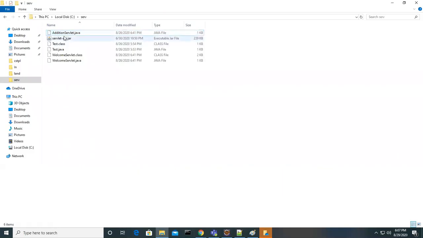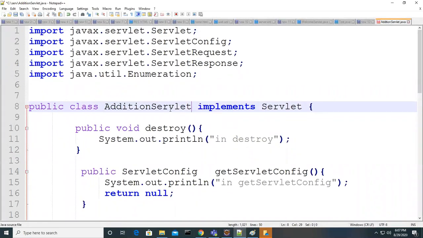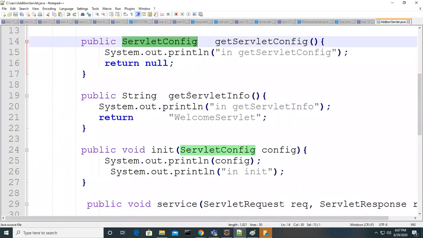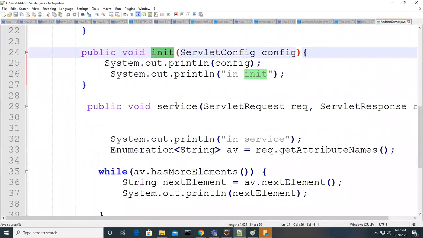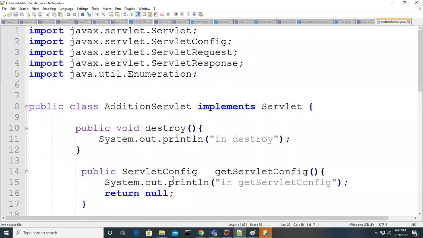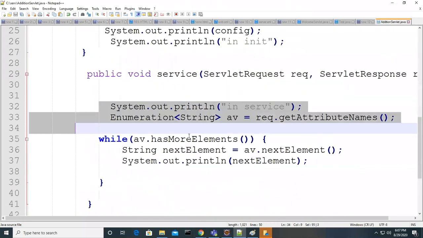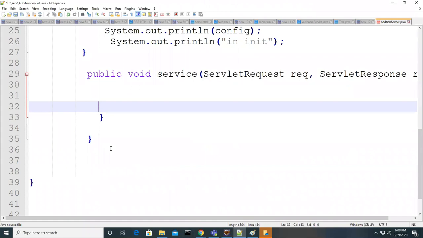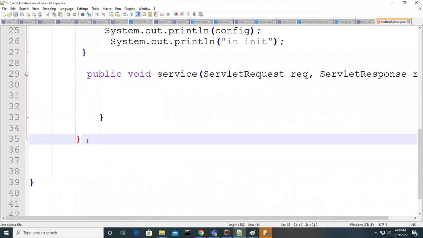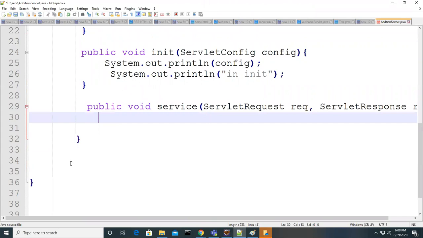This is the file name I gave, and I'm going to give it here like this, and opening here and giving the addition servlet. It has the implementation: destroy, getServletInfo, init, service method, something like this. We already have that, but we just changed the name. What did we change, guys? Just the name. I think this is the one.